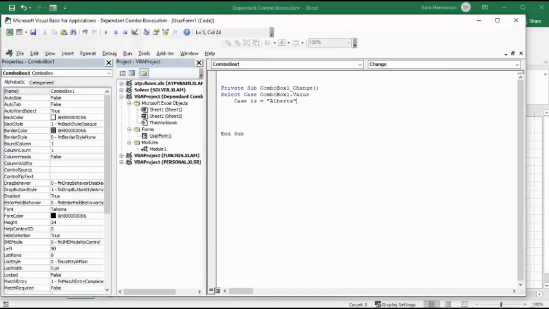And then I'm going to go after that. So if the first one says Alberta, then what you're going to do is say combo box row source. So now what we're doing is we're telling it what to use for a row source for combo box 2. So we're saying combo box two dot row source